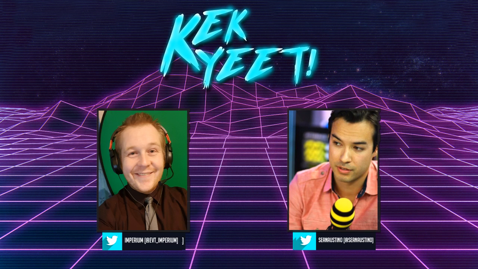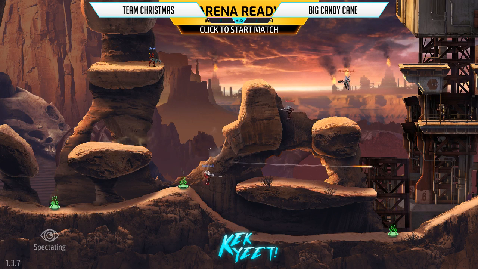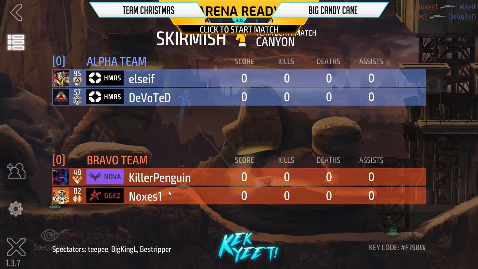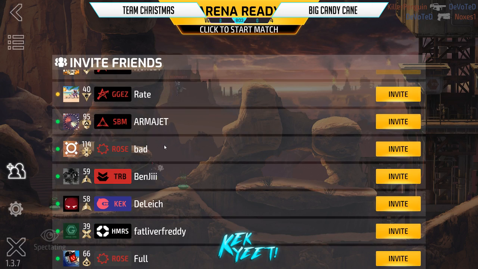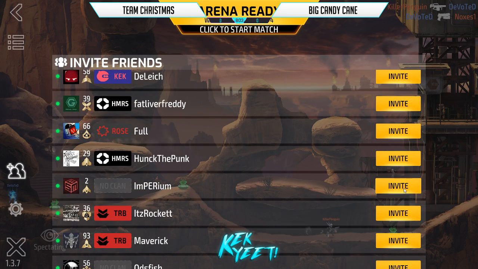We saw throughout the Scorpio tournament, if you remember, the Hammers roster rotated so much in those games that we saw the absolute depth of play in their team with the consistent roster changes. So Team Christmas are going to be absolutely bringing it down onto Big Candy Kane. It's going to be hard, but I want absolute maximum hype because the first map we are going to have in this series is going to be